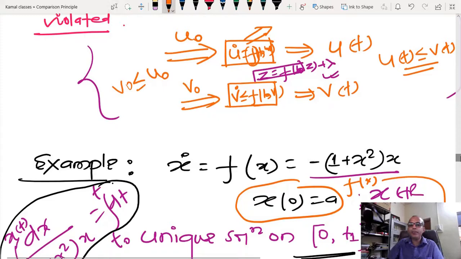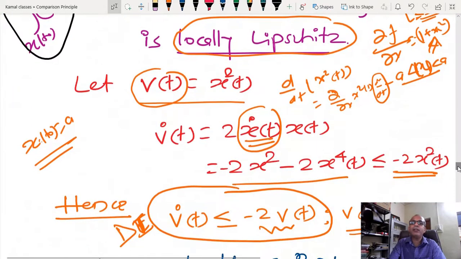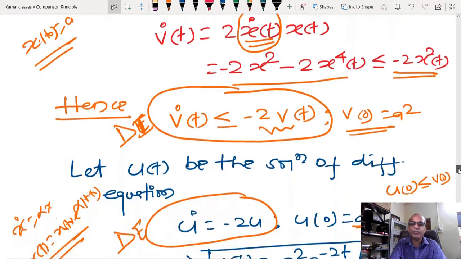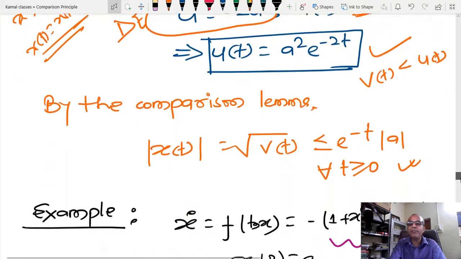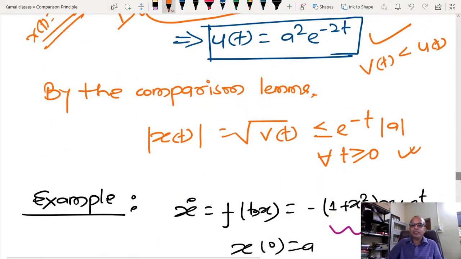Initially I have a very complicated equation, and after that I have defined an intermediate variable vt equal to x square. After learning Lyapunov theory, you will understand why we have defined it like this. Any distance function is applicable here. After that, I have a differential inequality, but I do not know how to solve it, so I have converted it into a differential equation. By solving the differential equation, and taking the same initial condition, I know the bound of the solution of vt and ut, and with the help of that bound, I am able to apply the comparison principle.